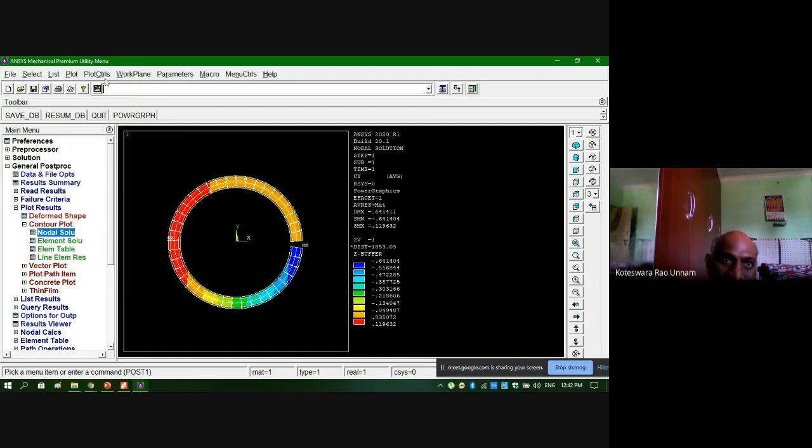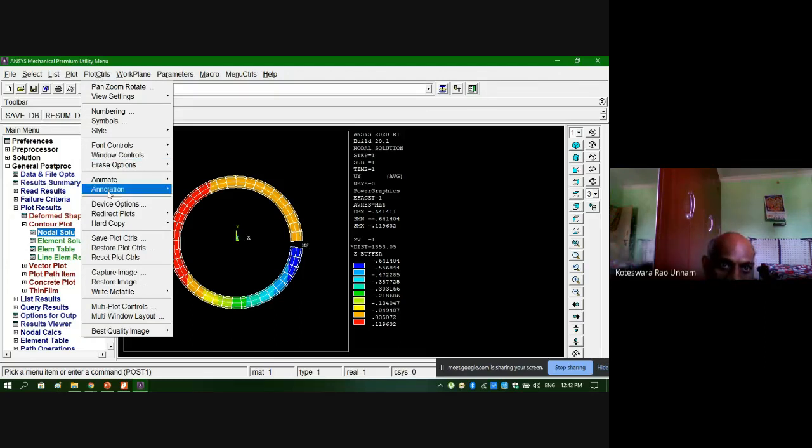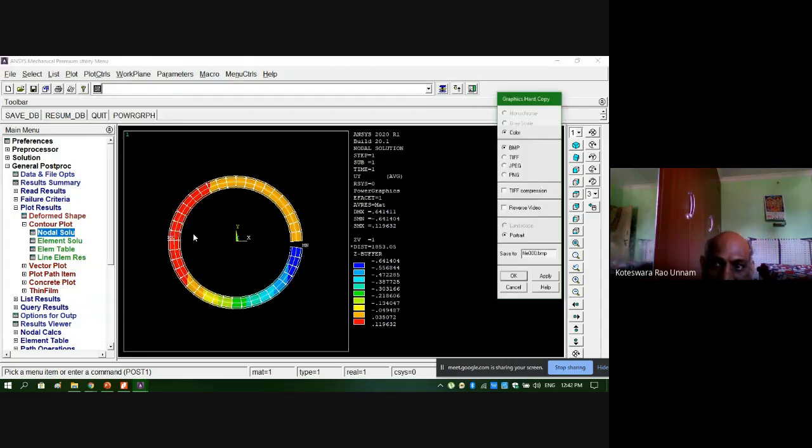So for that, what you have to do is just you go for plot controls here. In this, you have an option called hard copy to the file. Just click this. So then you can select what type of image you want, whether JPEG or bitmap file or PNG file. You can select it accordingly. Then what you have to do is you need to click this reverse video because here the background is black. So if you print it, the entire background is printed as black, so that the printing material will be wasted. If you use this reverse video option, what happens is the image will be saved as under a white background. Click OK, automatically it will save.